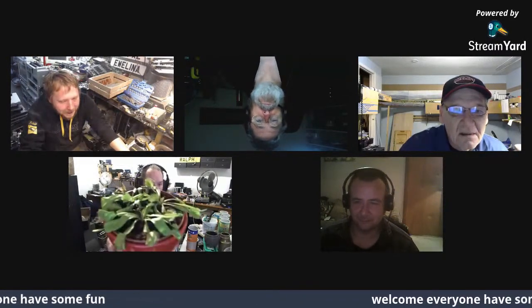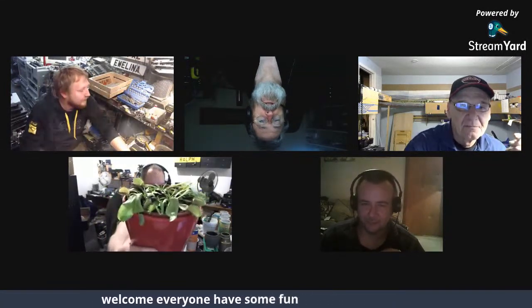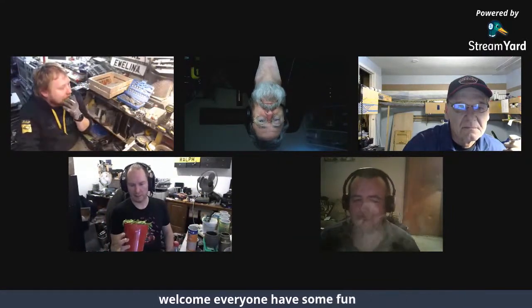What's in the pot? My pet plant. I call him Chuck. It's my Venus flytrap. He's a carnivorous plant. And I've kind of been neglecting him a bit, so I had to snip off many traps